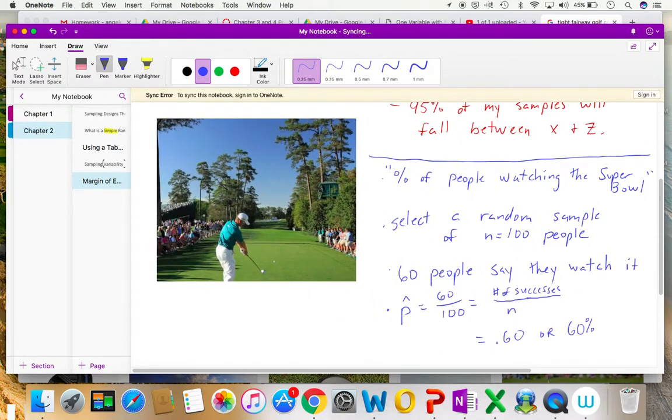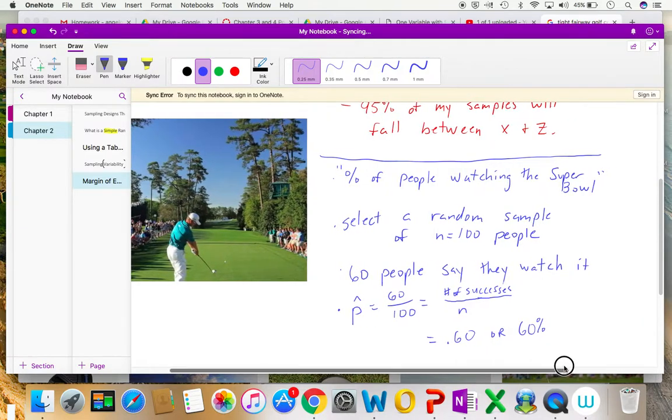Before we calculate the interval, let's talk about why it's important to calculate the interval, right? Again, remember, I'm talking about all the people in the world, and I'm basing this off of a sample of just 100 people. So I would be very naive to think that this 60% is set in stone and, you know what, I can take this number and broadcast it out and publicize it in a newspaper article, whatever it is, and say, yep, 60% of the world, they're watching the Super Bowl. No way, right? It's only based off 100 people, so that wouldn't work.